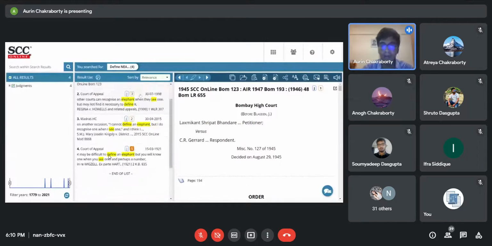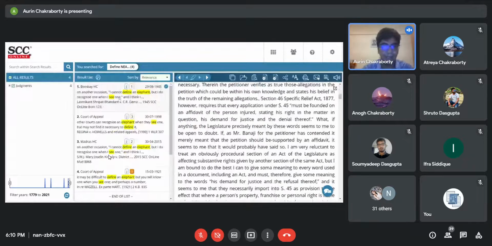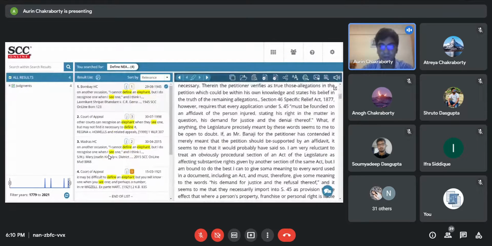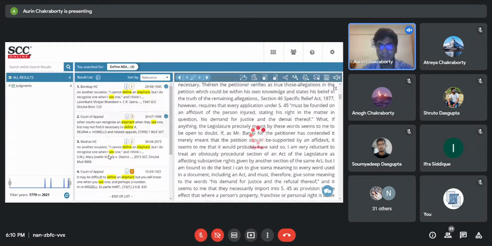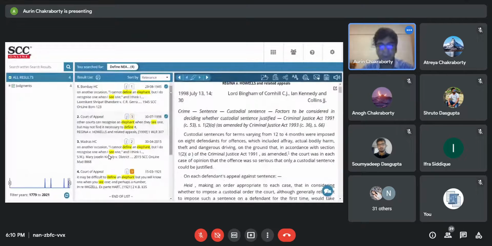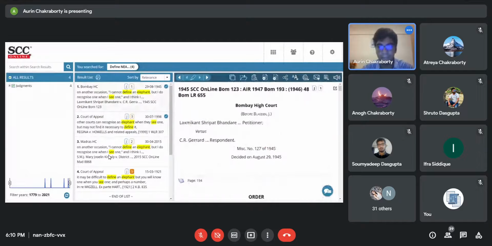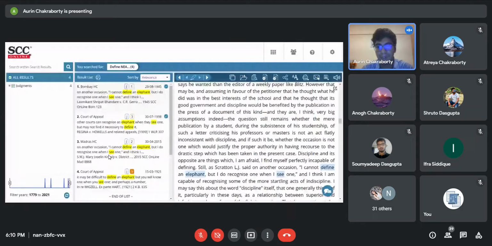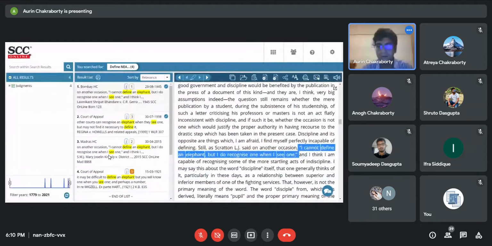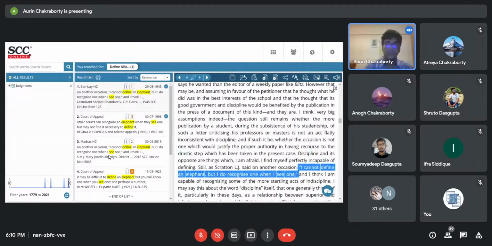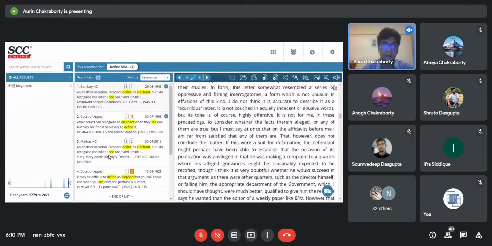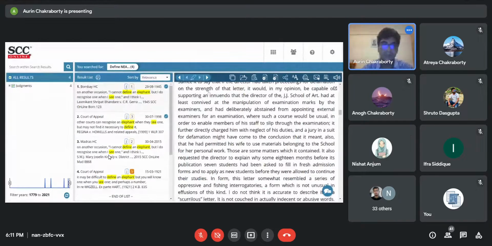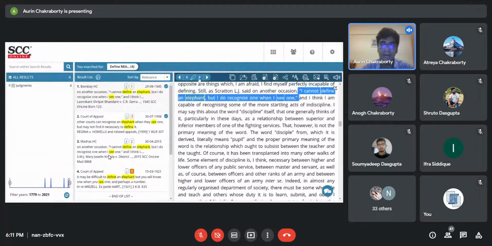Right, so now here I have that exact line. I can go to the highlighted part over here, and there I'll find it, right? This is a feature which really helps us a lot. Instead of just scrolling down, you can go to the highlighted part over here. All the highlights in the necessary judgments will be cited over here, right?